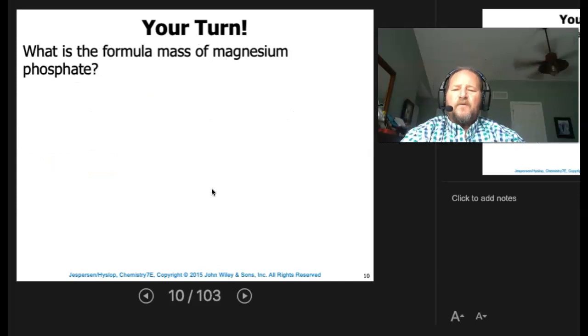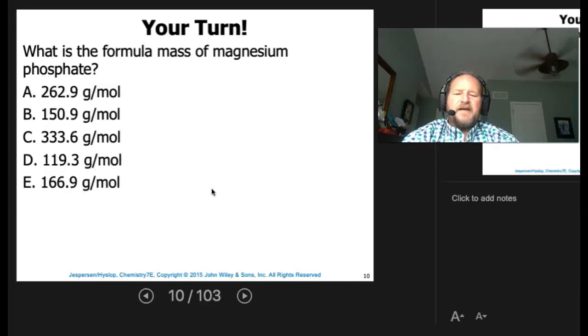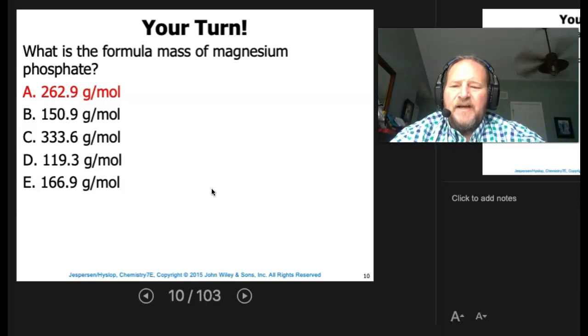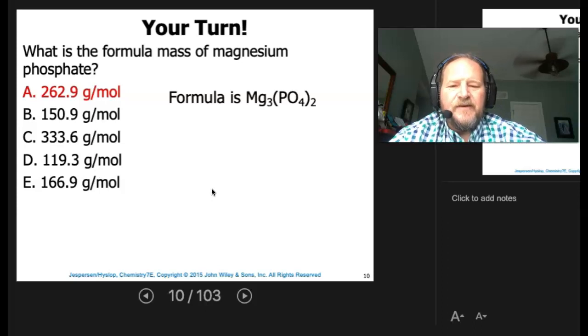All right, what is the formula mass of magnesium phosphate? Magnesium phosphate. All right, hopefully you came up with 262.9. The biggest key here is you have to know the formula based on the name. And so if you know the formula, then you can easily do the calculation. So hopefully you come up with the formula as